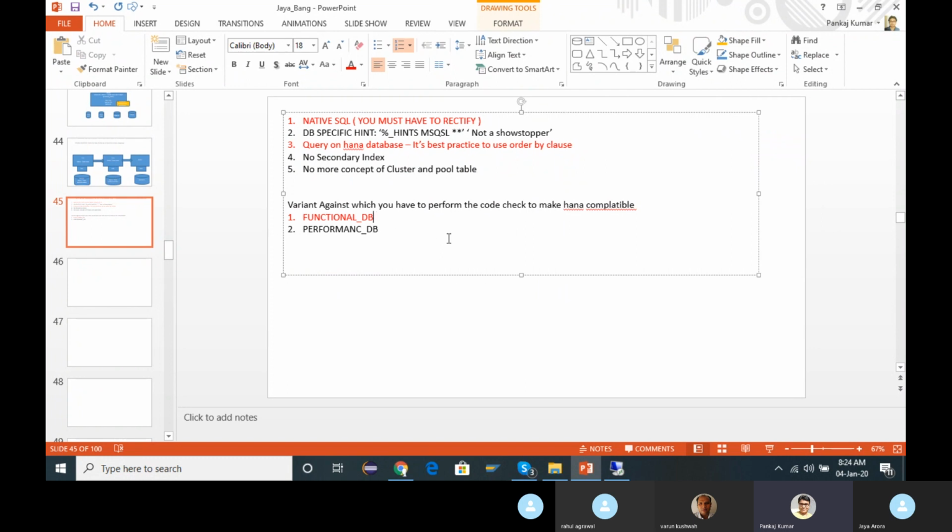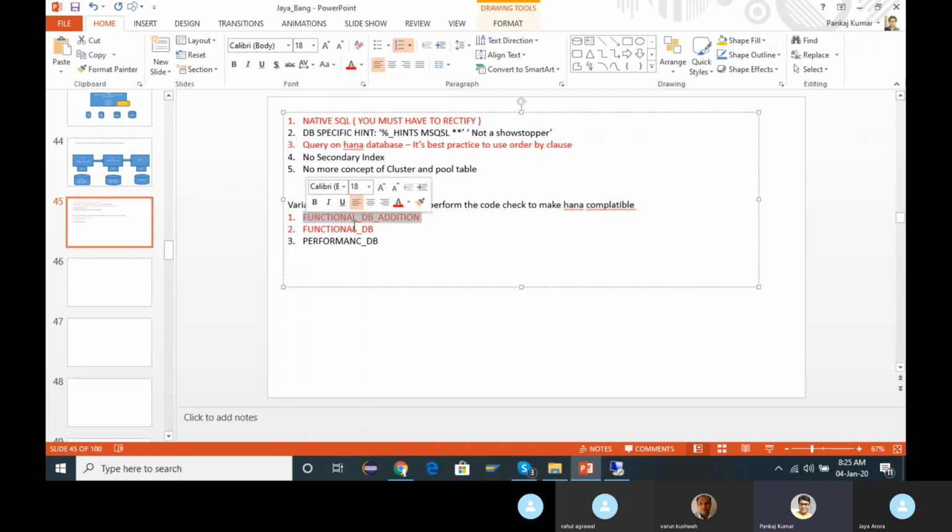And there is one more variant. Before the functional DB, an earlier variant was there, which they started giving as functional underscore DB underscore addition. You can check this. If you use the functional DB, the addition is already covered.